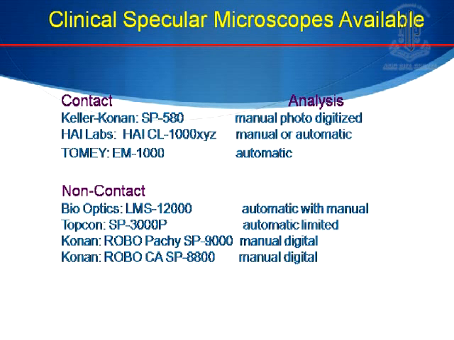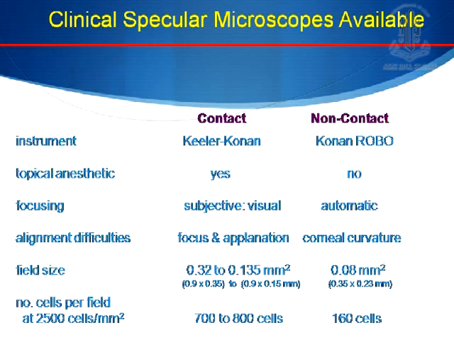The one which we use at our center is the non-contact Topcon SP3000. And the difference between the contact and non-contact is basically that with a contact, of course, you would have to use some gel and a lens along with it, so that it is able to give us a much better resolution than a non-contact. But then the ease of repeatability and decreased technician dependency is more with the non-contact, and as in most ophthalmic diagnostics, non-contact is much more popular than contact.